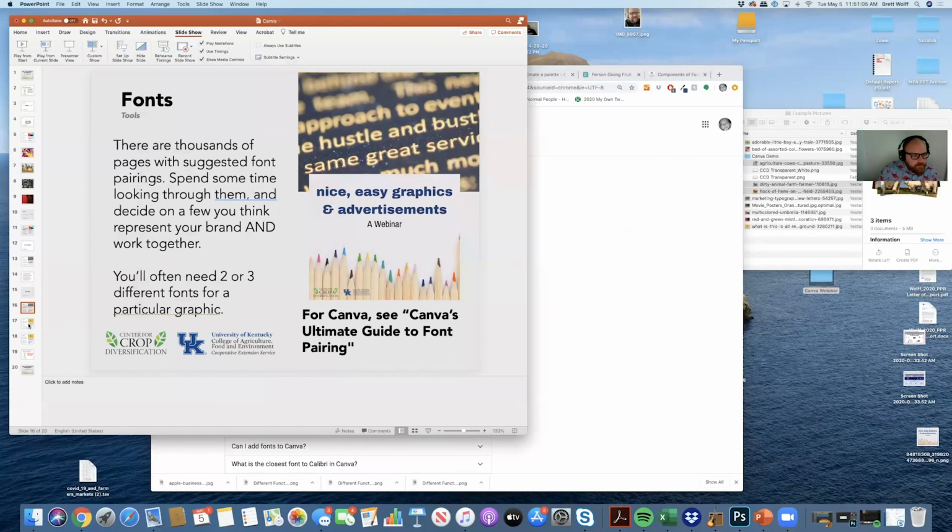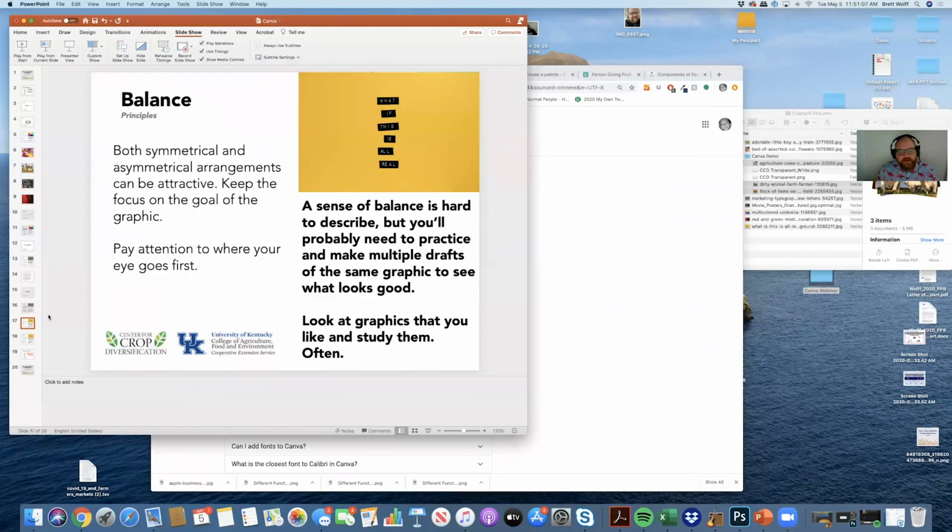So a couple of other ideas here. Balance is one that is hard. It's kind of hard to know exactly what it is. I was sitting there playing around for probably 20 or 30 minutes just with the placement of the graphics for this presentation and for the one that's coming up, just to get something that looks approximately balanced. I think that the main thing here is to practice,